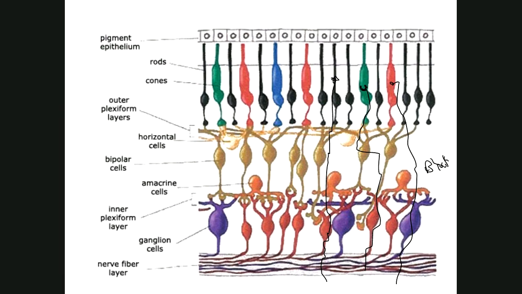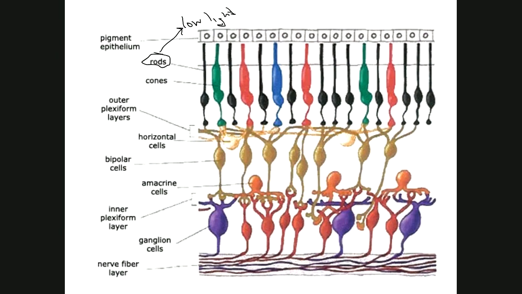But again, we have two types of these photoreceptors. We have rods. Well, rods see in low light, and there's only one kind of rod. And so what we're going to get are shades of the exact same color. There's shades of gray, because there's only one type of rod. There's only one color. But cones, when you look at them, they're for high light, lots of light, and there's